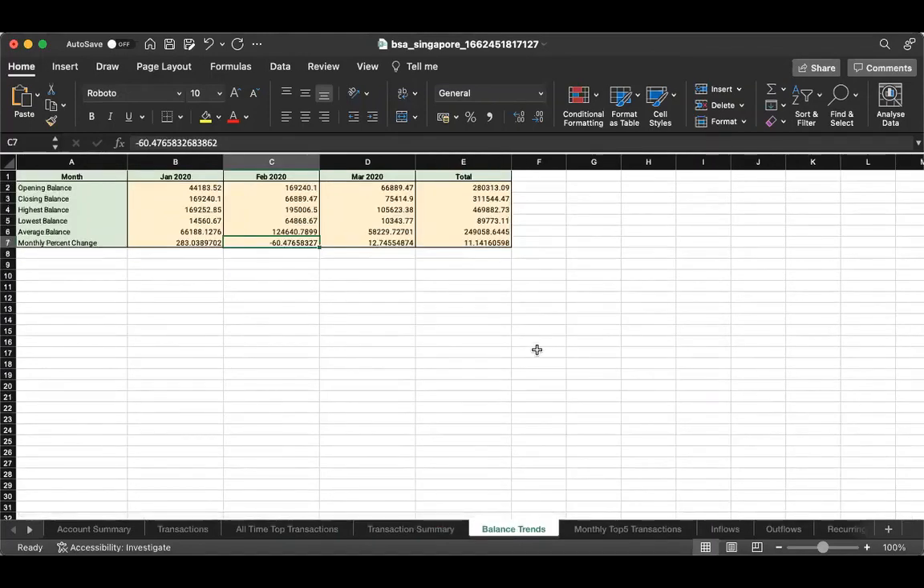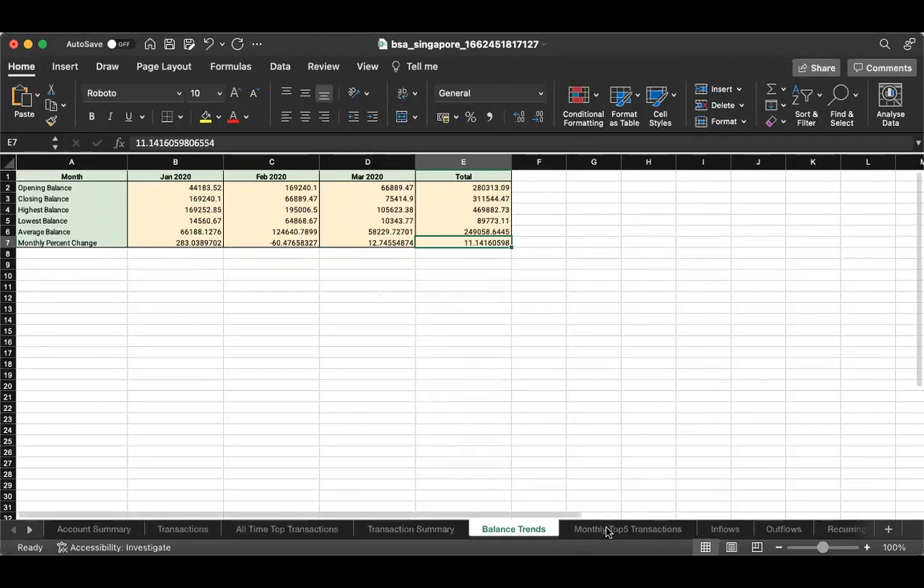Similarly, we have a balance trend which is also generated on a month-on-month basis: the opening and closing balance for that particular month, the highest and lowest, the average balance as well, and the percentage change during that month. That is the difference between the closing and the opening balance as a percentage change. Here there's a huge increase in the percentage change, whereas in the next month there is a decline by 60%. And again, there is an increase by 12%. Overall, during the whole statement period, there has been an increment of 11% in the balance of the